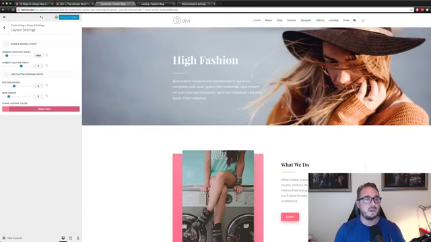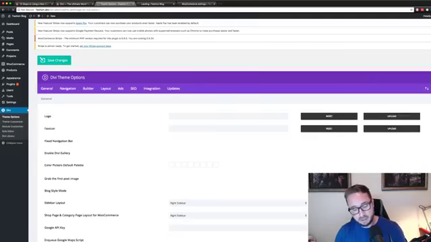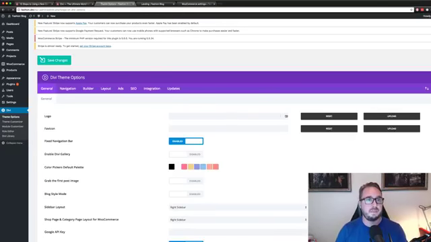All right, then you're going to want to save and publish this. Since it's going to be updating some other settings within the theme customizer, it's a good idea to go ahead and exit out of the theme customizer, and then refresh your browser window, and then go back in so that those changes can take effect. Now that that's done,